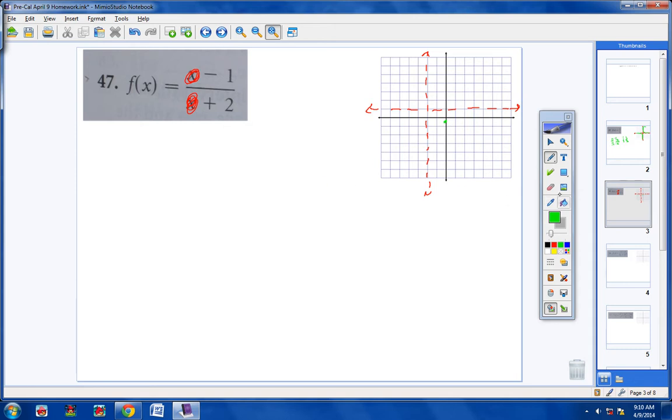Now let's find the x-intercept by taking the numerator and setting it equal to 0. So x minus 1 equals 0. Bring the 1 over and you get 1. So the x-intercept is 1. Okay, that's pretty helpful. And now let's go ahead and plot some points to the left and to the right